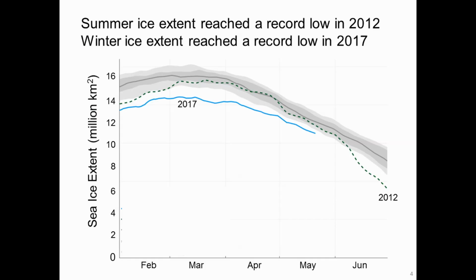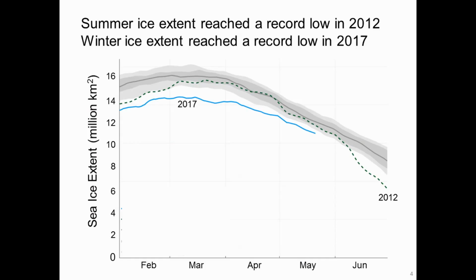And if we look at specific years, this again now is sea ice extent between February and June. What it shows is the gray areas at the top are basically kind of average sea ice years, what you would see. 2012 saw the lowest sea ice ever in September. And we don't go all the way to September, but you can see it's the record low. 2017, the year we're in now, is setting the record. It's already set the record for the lowest amount of ice in the winter, and it's already the lowest sea ice in the spring. We don't know yet what's going to happen in the summer, but it's a very low ice year.